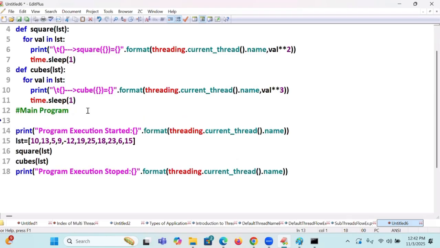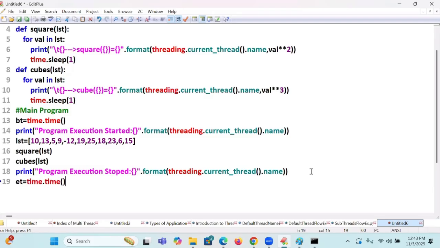Here I'm recording the beginning time. Beginning time is equal to, suppose I want to start my class at 11:15. Ending time minus beginning time is equal to the duration of the time I'm taking. Time dot time, time is a module. In that I'm going to take the time function, which will record milliseconds of time also. System time it will record before my program execution starts. Ending also I want to record. ET is equal to time dot time. Before the class time I'm noting, end of the class time also I'm noting.